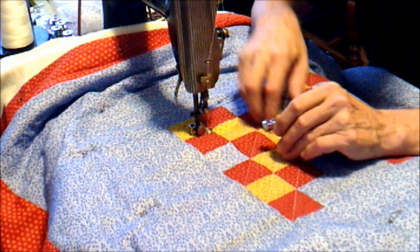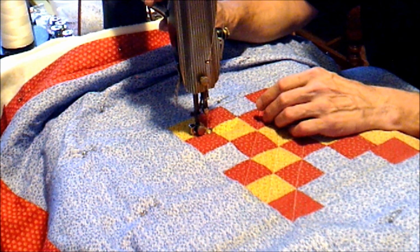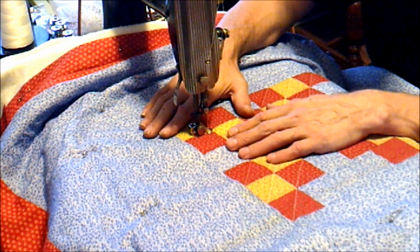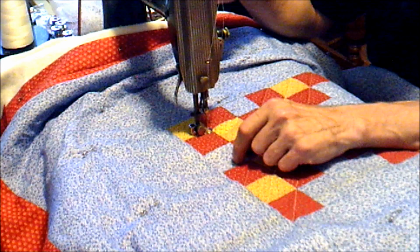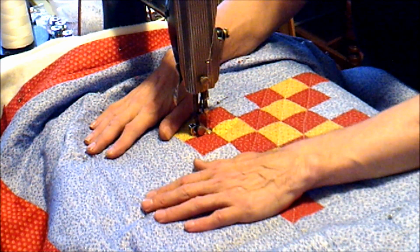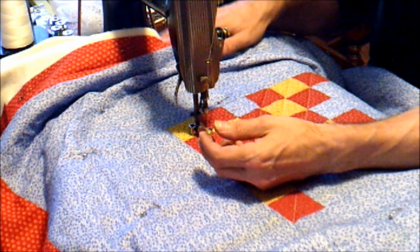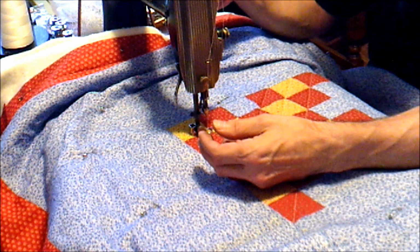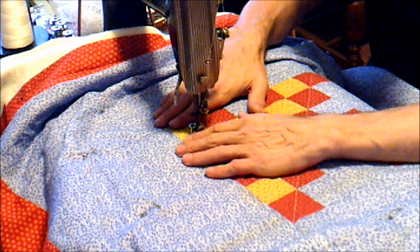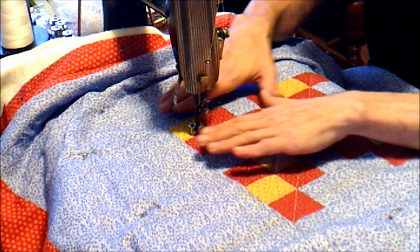This machine that I'm using is a Singer 66, from the old 60s, and it's also in a treadle. The 66s did not have the ability to drop the feed dogs, so what I do is I set the stitch length down to the lowest level that it'll go, the shortest stitch length that keeps it from jumping back and forth,